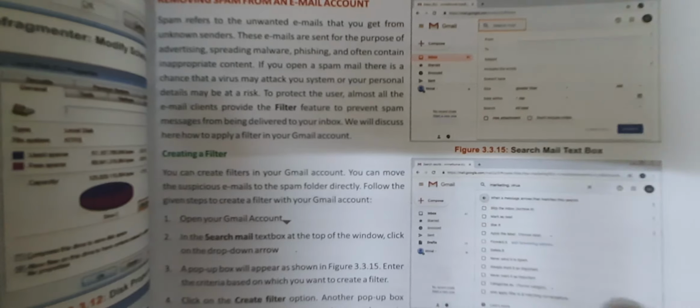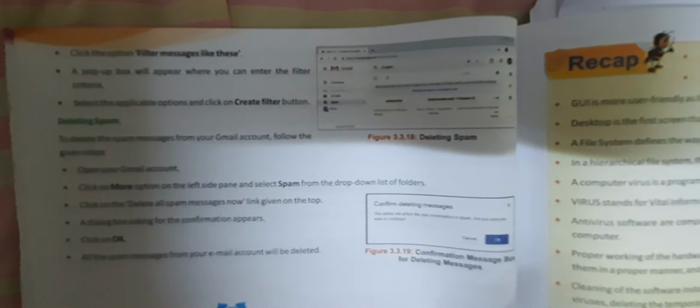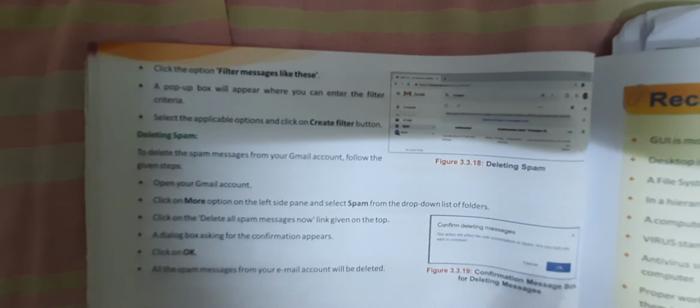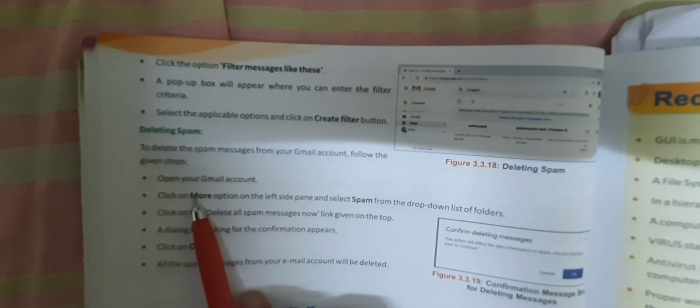The example is given for your Gmail account. Most of you are using a Gmail account, so you should set up this spam filter. Okay, so this is how spam filters can be set up to avoid opening any of the messages that contain spam. Then you can delete spam from your account from time to time.